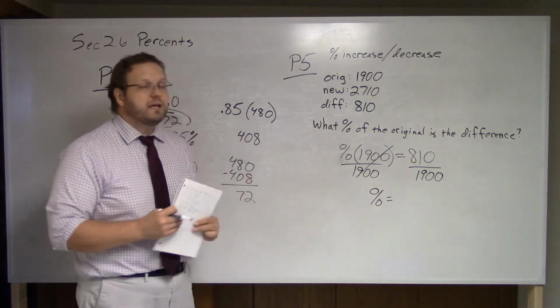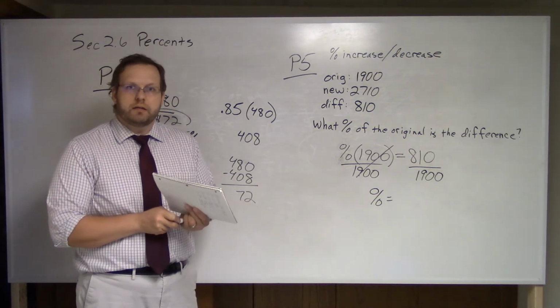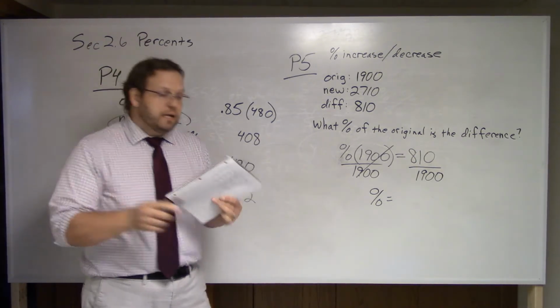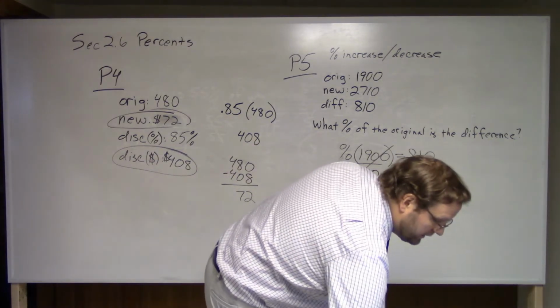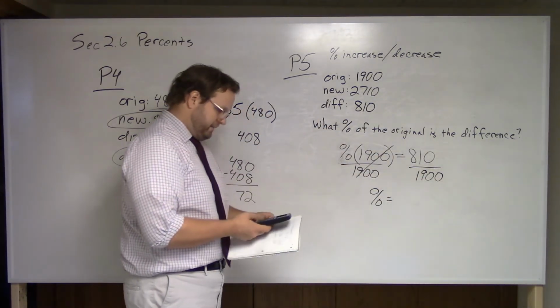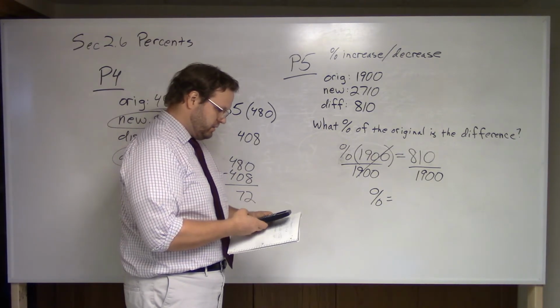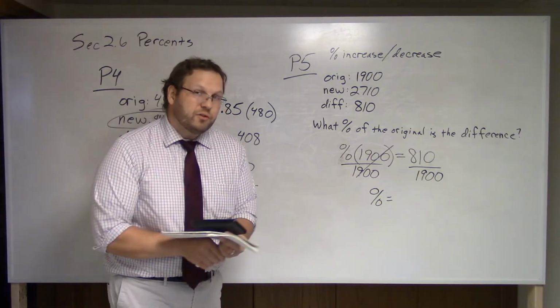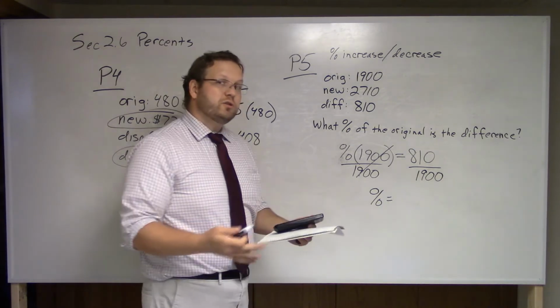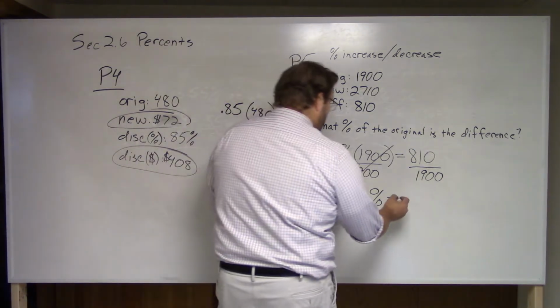Now in this case, I would probably just go to a calculator, plug that in, see what you get. Now when you plug this into a calculator, what we're going to get is 810 divided by 1900. And I'm going to write out the whole calculator screen. I want you to do that as well as we get started here. We've got